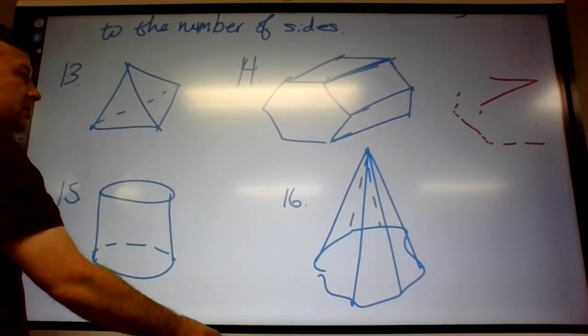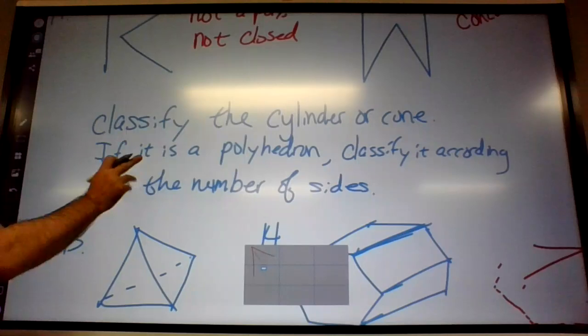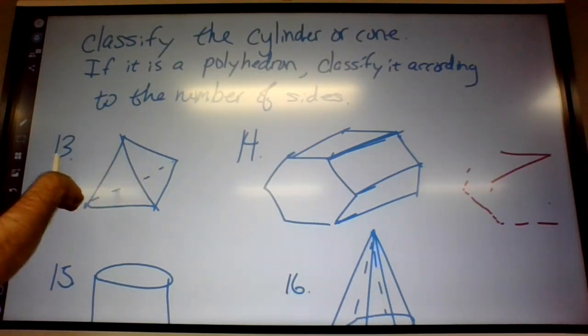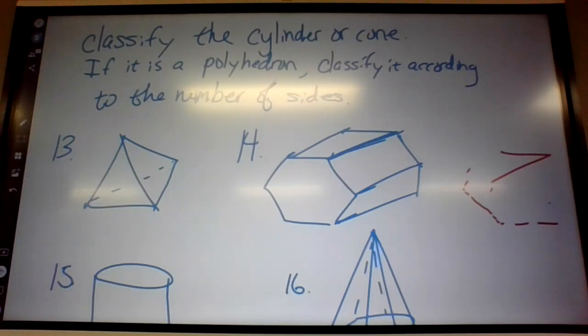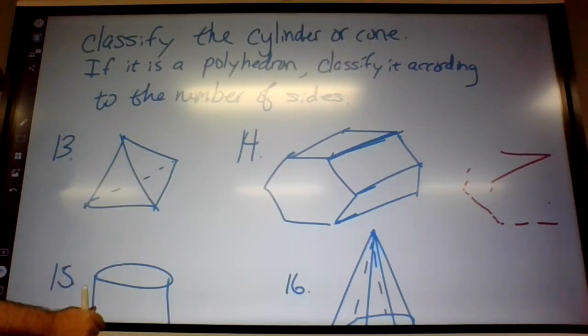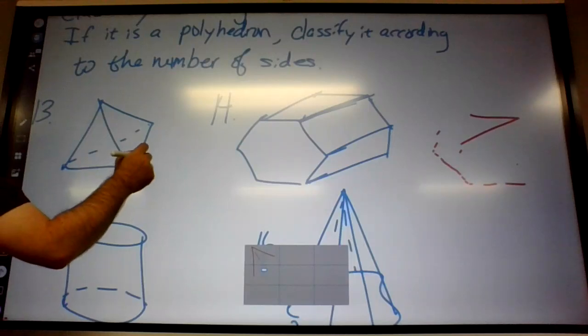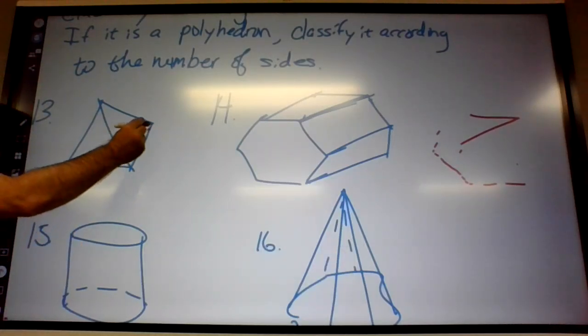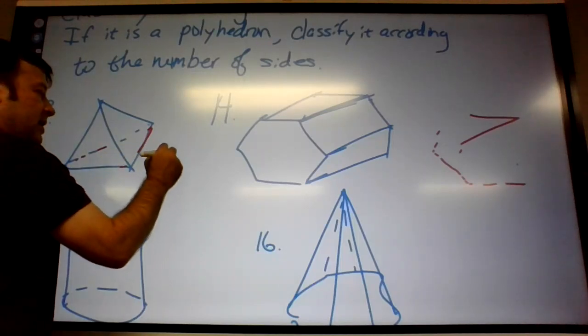Okay, Lauren, what do you think? So you have to classify it based on its shape, what's the best name. And if it's a polyhedron, also based on the number of sides. So, what do you think this one is? Not a cone. Yeah, if all the edges are straight, all the sides are flat, it's a pyramid. And what kind of pyramid is it though? You gotta be more specific. What shape is the base? Triangle. So it's a triangular